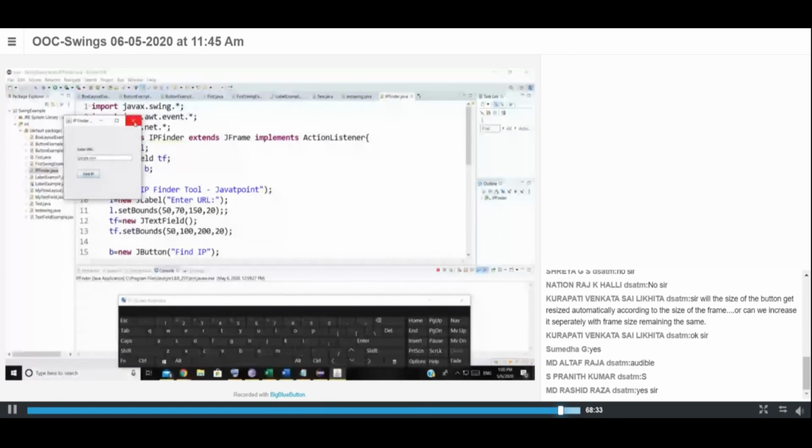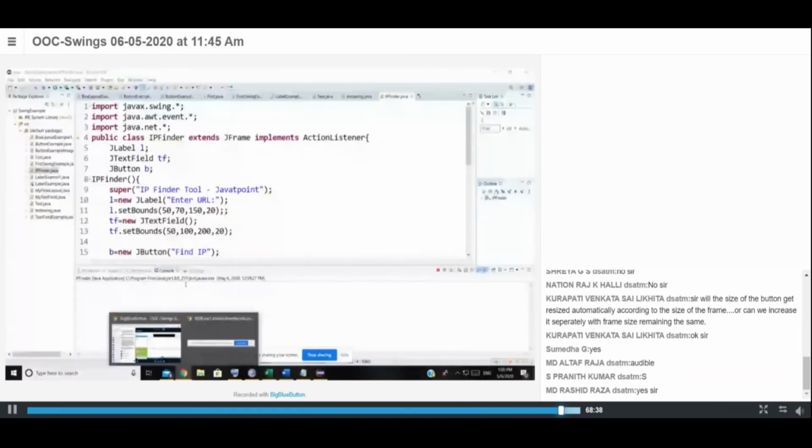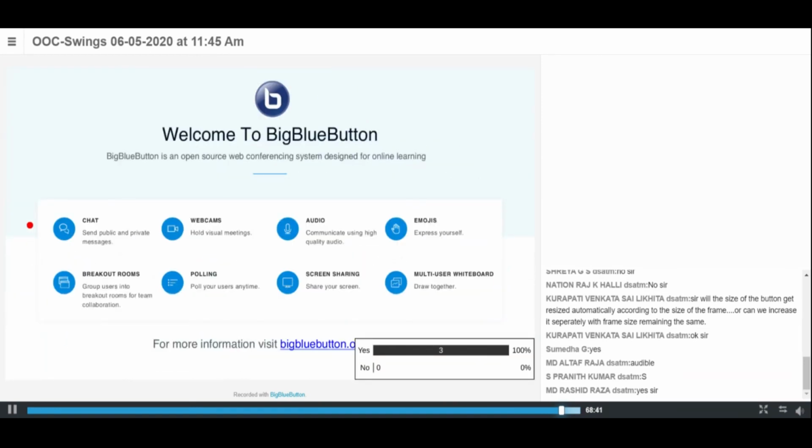I think we came across two important topics. One is how to use JButton and JLabel, and what methods we can use with frames. And also how to use JTextField. These three things come up in your examination. If they ask any program on how to add a button, a label, or a text field, or pass some information when we click on that button, you know how to do that now, because we came across all the methods with respect to your instances.